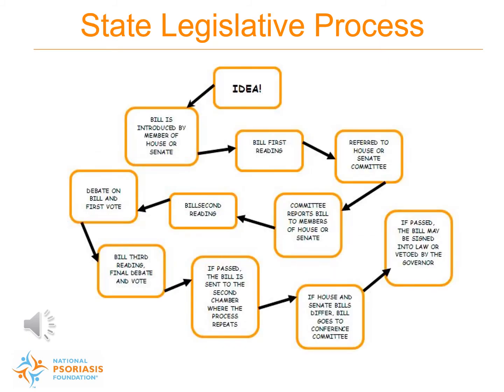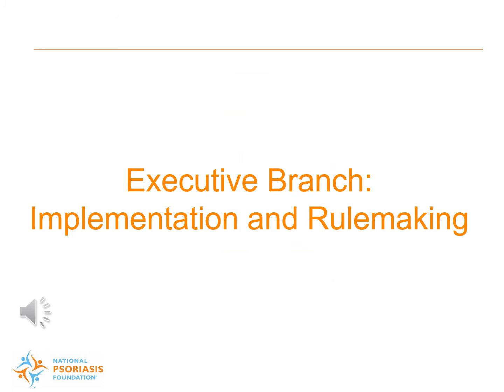Each state legislature is governed by its constitution and laws passed by the legislature. This means that no state legislative process is alike. However, the legislative process is similar in that a bill starts with an idea, must be introduced by a legislator, go through a committee process, and have at least majority support before the bill is sent to the governor for approval. Once a bill becomes a law, it is up to the executive branch to implement and enforce the law.